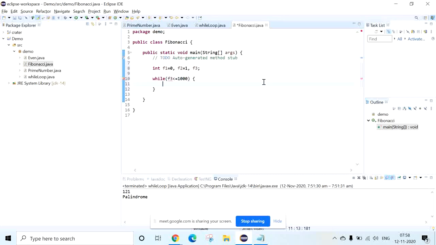Okay, then we'll make it 0 because we need to initialize before using this. F3 equal to F1 plus F2. Then we need to interchange the values: F1 equal to F2, F2 equal to F3.